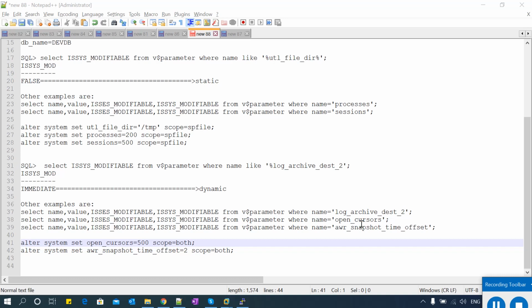Right now I will ignore log_archive_dest_2, because I will explain later how to set that with SPFILE. It is related to your archive destination, which is already predefined with FRA, so you cannot change it if you're using OMF and some other dependencies. I will cover that later. Right now I will try to change open_cursors.